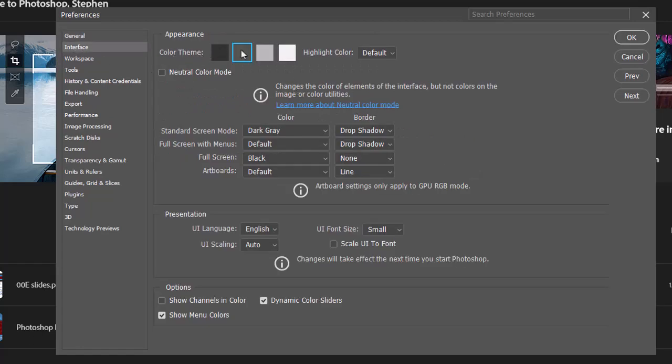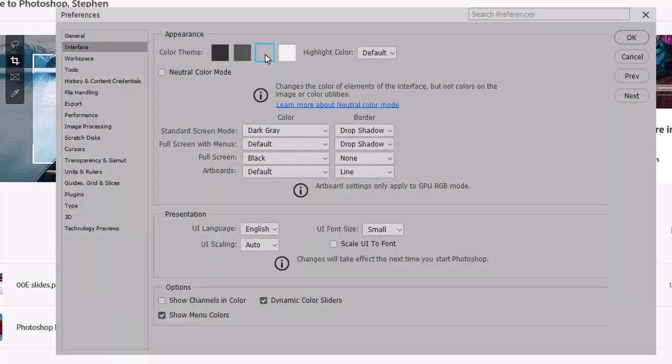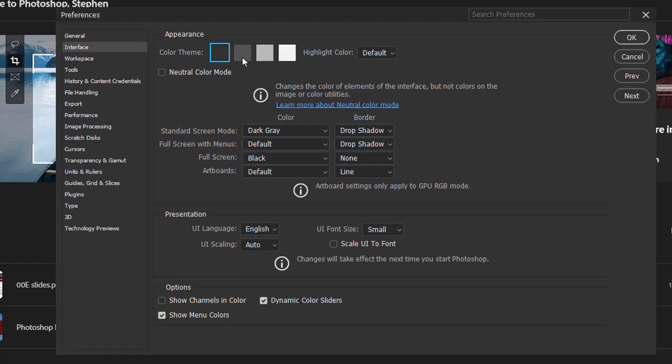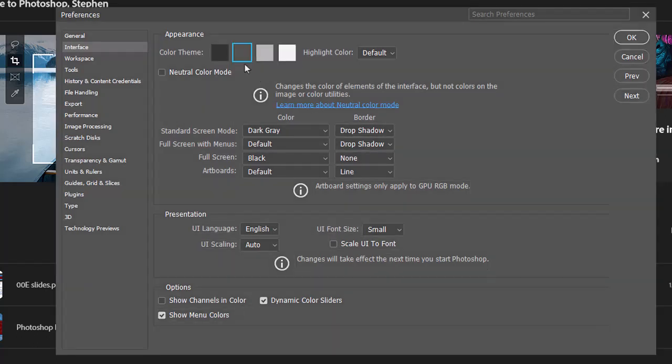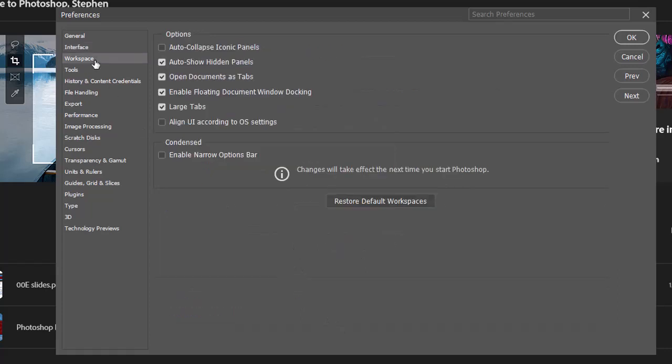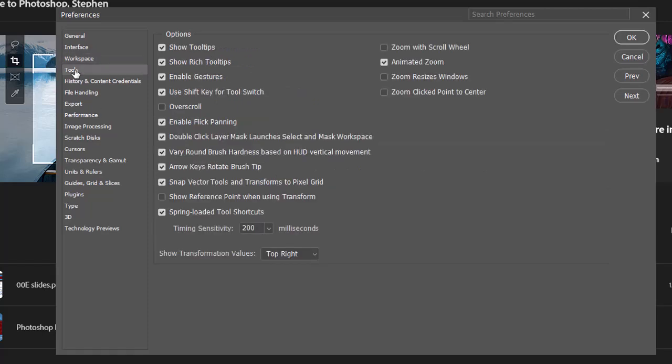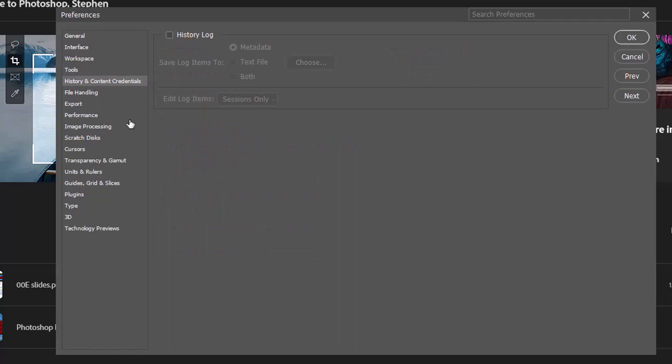For the interface, you have some color themes here. I like the darker gray. You might prefer maybe a lighter gray. I find the black harder to read for my eyes, so I'm going to choose the darker gray. Again, really nothing else here we need to be concerned with. For workspace, those are the default settings. Tool settings, history and content,